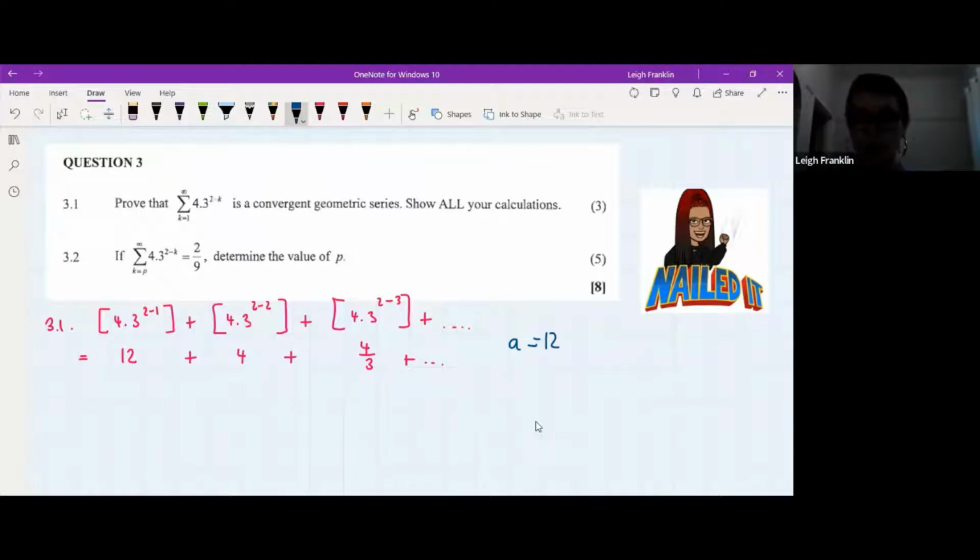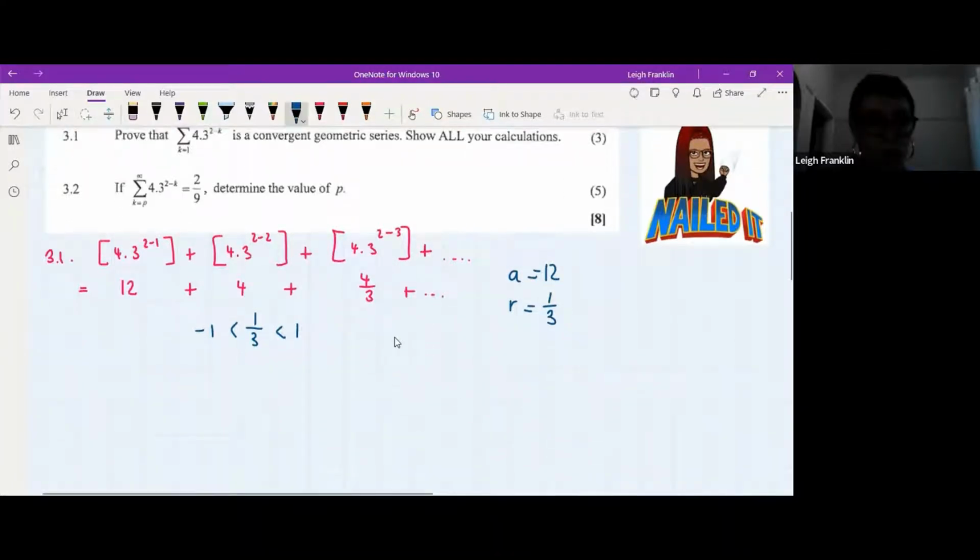Now we want to work out the value of R. So we can say term 3 divided by term 2, or term 2 divided by term 1. And in this case, the value of R is? 1/3. And it is 1/3. Excellent. So there we go, we've got our answer. This is how we would set it out. We would state that 1/3 is greater than -1, but smaller than 1. Therefore,